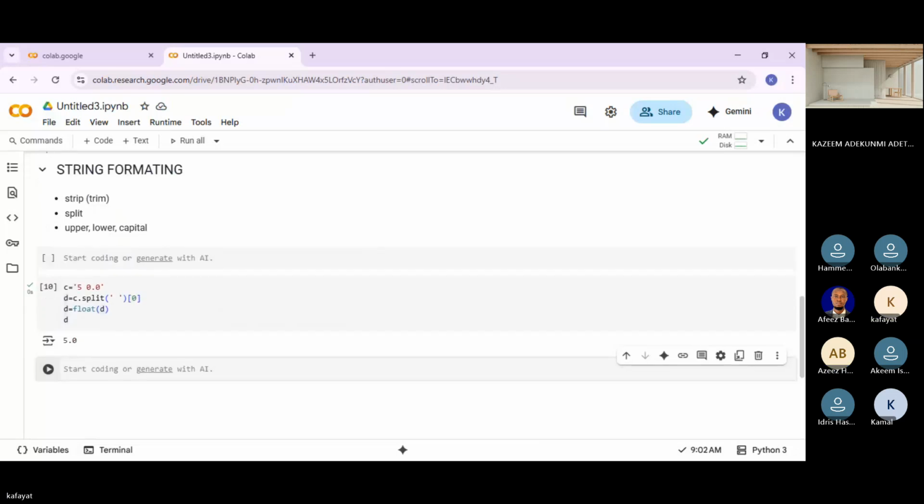Is it making any sense? Yes, ma'am. Good. So now I've done some string formatting. You can see I formatted my string from this to a number.